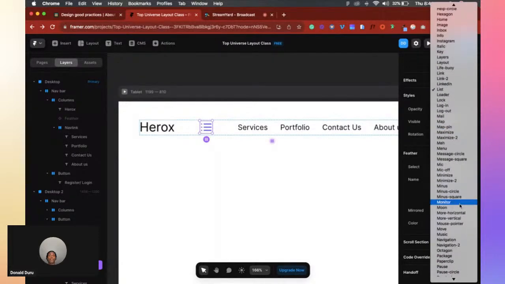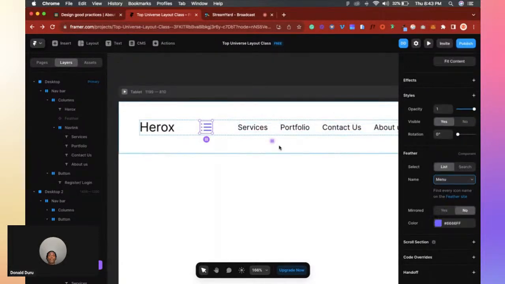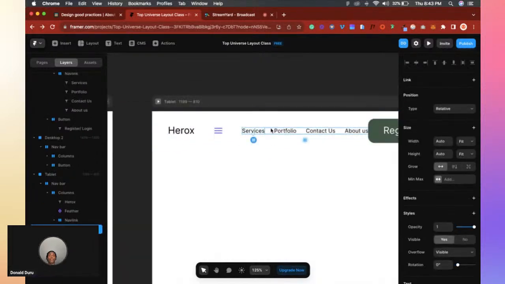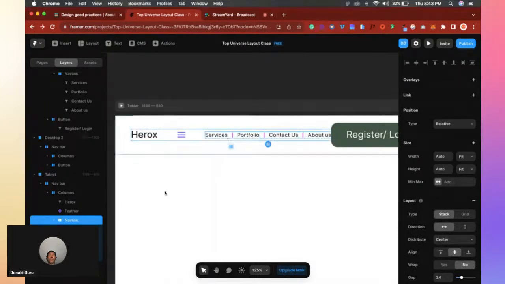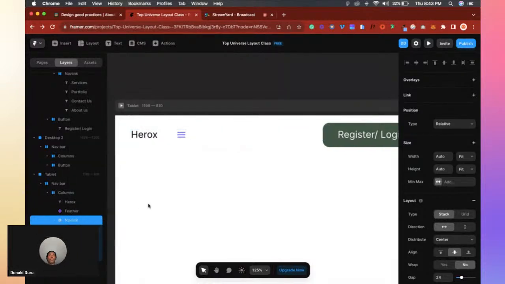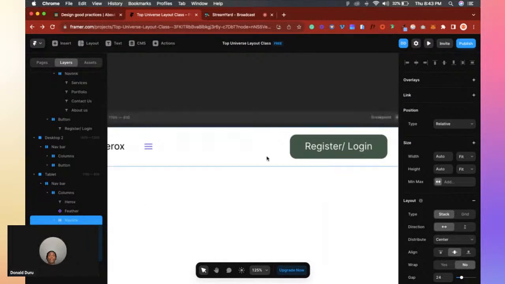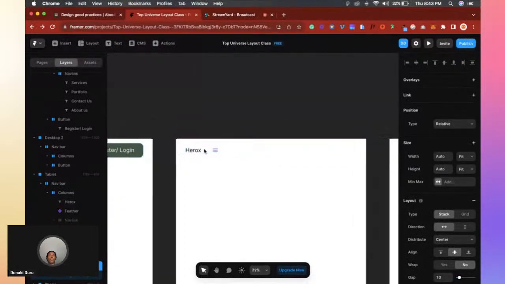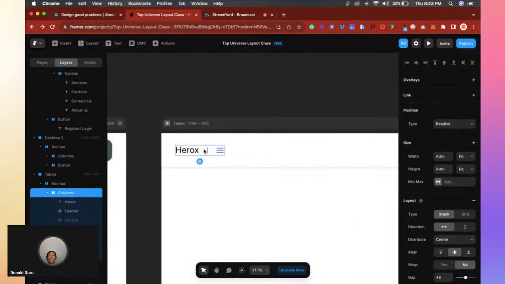Menu. Okay, so it's menu. So now what we just have to do is hide this nav link. We'll have to hide the nav link so it's not visible on tablet and mobile. So you come here and just click on hide. You can also use your command column to hide any element. Also, you do the same thing for your button. You just click on hide, right? So now you have just your logo and you have your menu button that you use to open the nav,